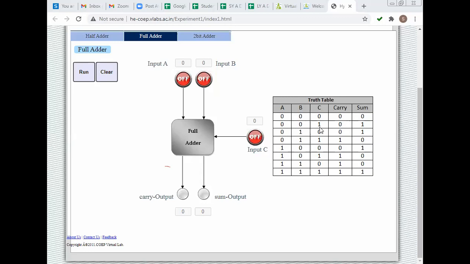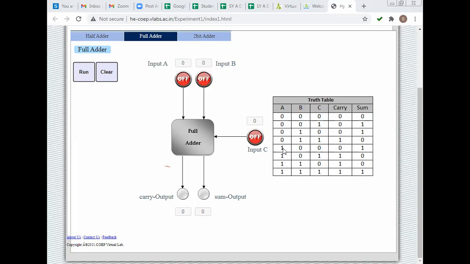In any one condition, if any one input is 1, then what will come? The output will be 1, meaning sum 1 with carry 0. Here you can check each time, second, third. Here C is 1, then your output is sum 1 with carry 0. Here B is on, so the output sum is also 1. Okay, here both B and C are 1. What is the addition concept? Suppose 1 plus 1, what happened in that case? Sum 0 and carry 1. So with carry 1.